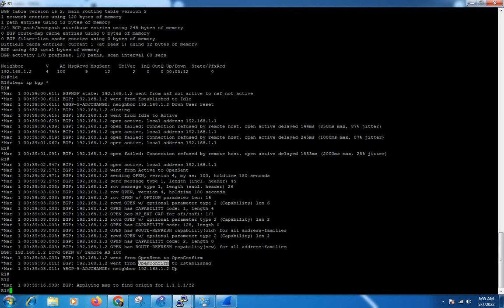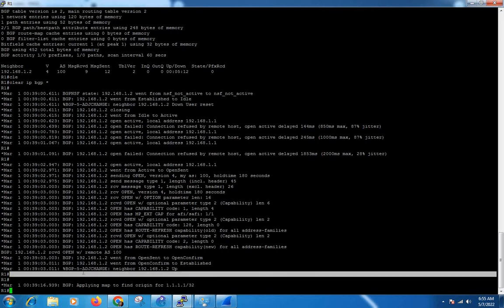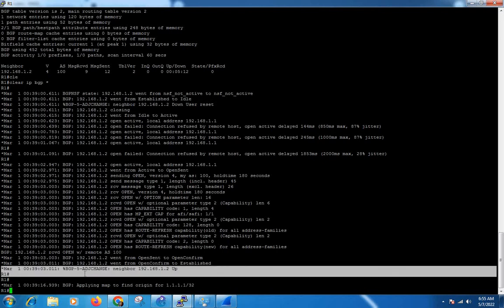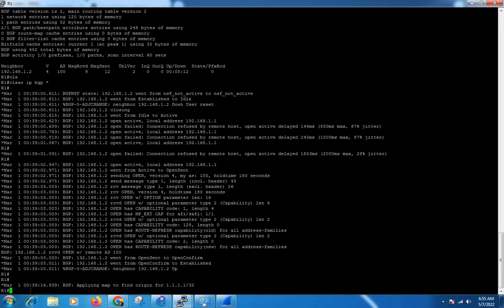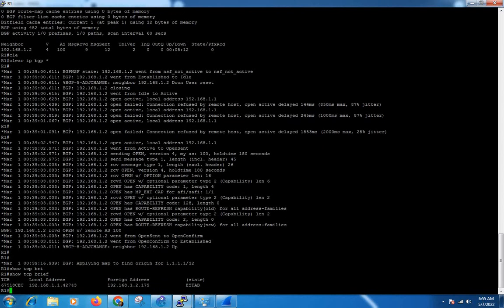Then it is established, so adjacency is formed here in established state. We can check TCP also, show TCP brief. TCP is in established state.